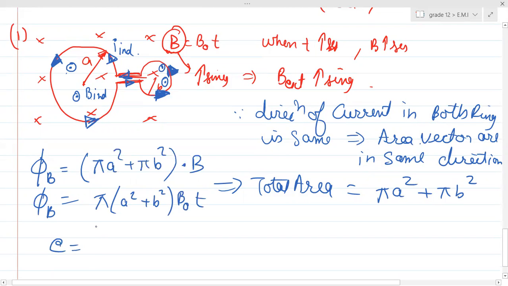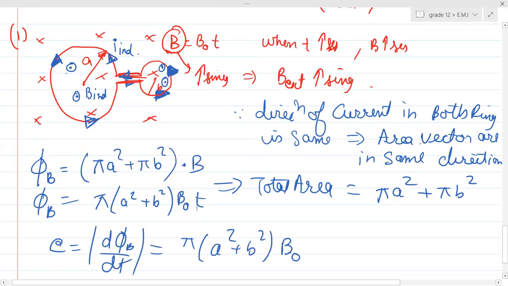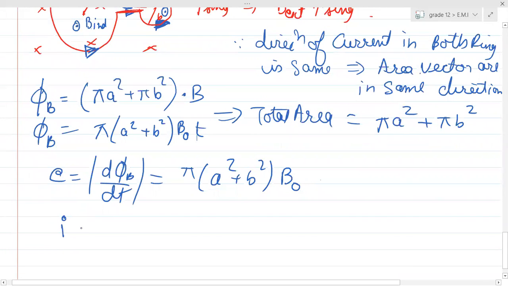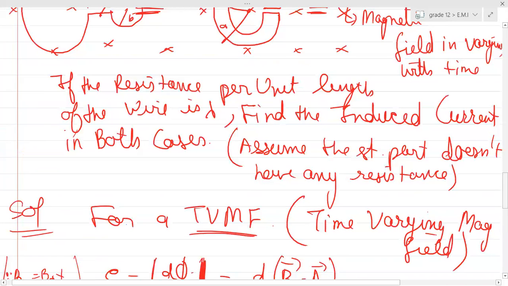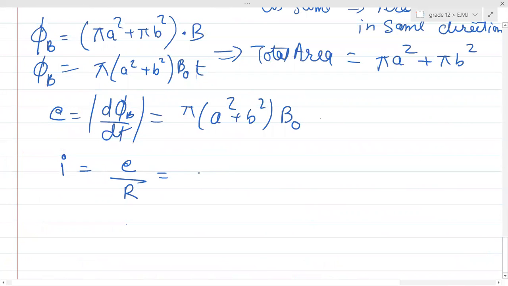So basically, if I want EMF, EMF will be equal to the differentiation, which will be equal to, time will become, it will become pi a square plus b square B naught. And that's the EMF, right? So what will be the current? The current will be basically this EMF divided by the resistance, right? And they have given the resistance per unit length is lambda. So the total resistance will be